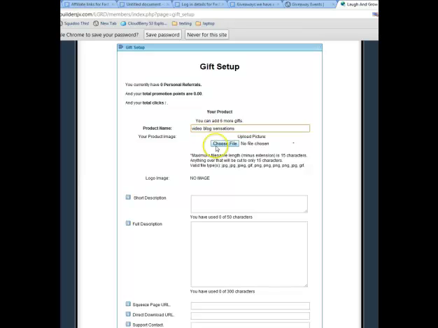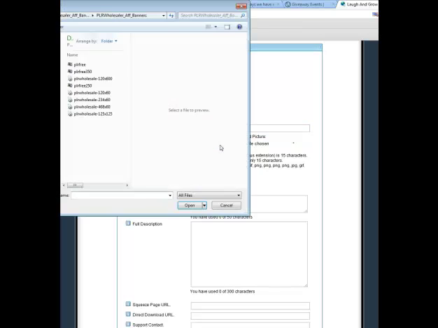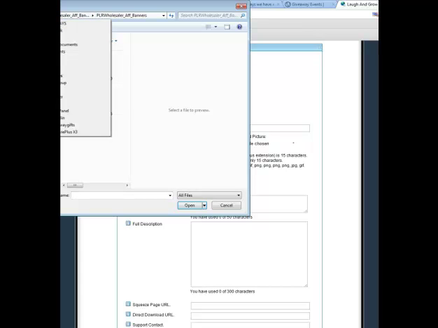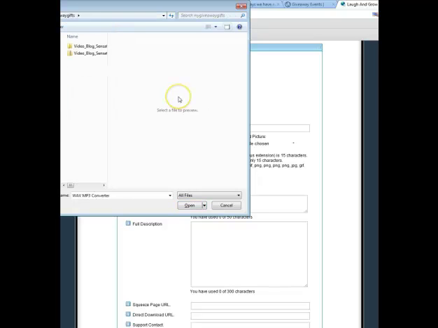Now here is where your extracted file will let you find a picture. So let's choose a file, and then we have to go to, let's have a look on the desktop. And here we are on the desktop in the My Giveaway Gifts folder. And as you remember, we had the Video Blog Secrets zip file and the Video Blog Secrets unzipped file. So let's have a look in the unzipped file,